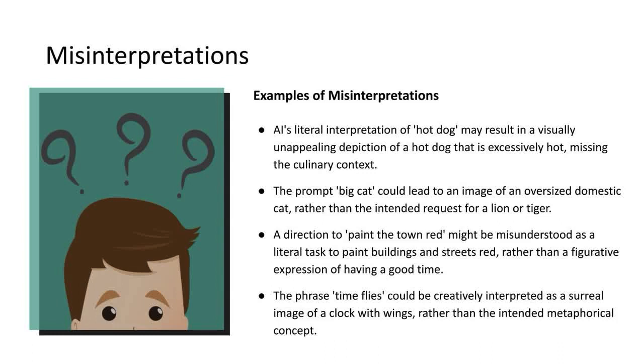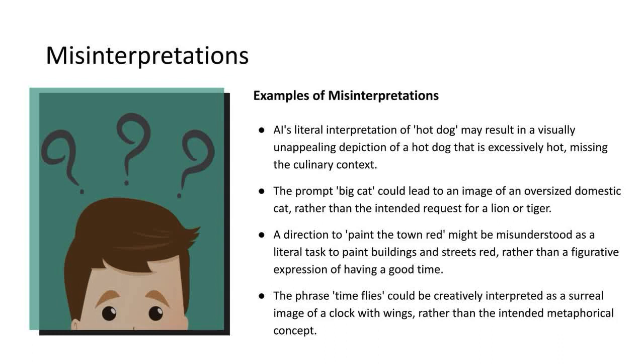Similarly, big cat might be interpreted as simply scaling up a regular house cat. To nudge the AI in the right direction, specify the type of big cat you desire, such as majestic lion with a flowing mane or powerful tiger stalking through tall grass. Remember, AI image generation is an iterative process. Don't be afraid to experiment with different prompts and details to guide the AI towards your desired outcome. By understanding its potential shortcomings and using clear, descriptive language, you can achieve more success in translating your vision into